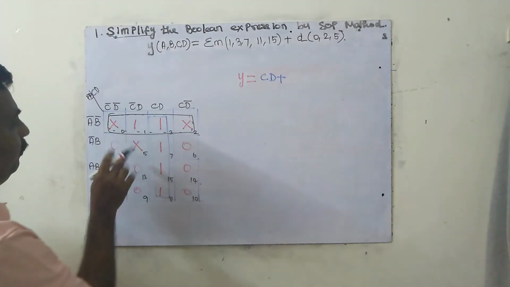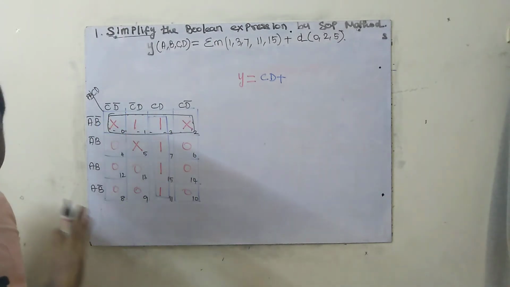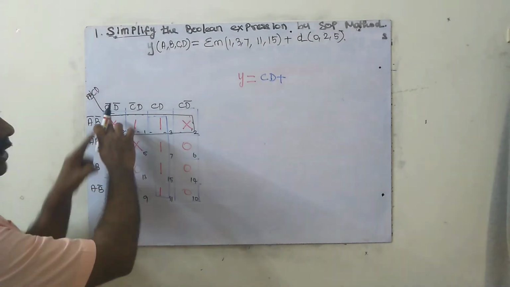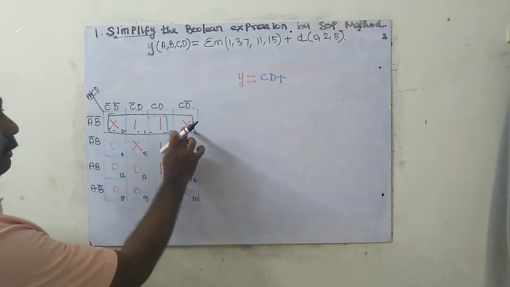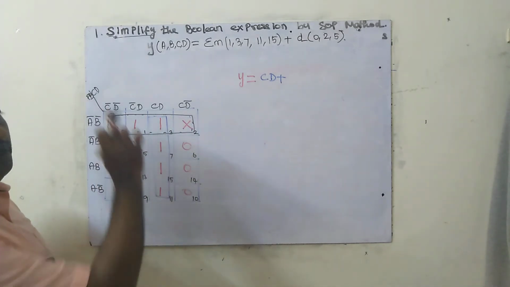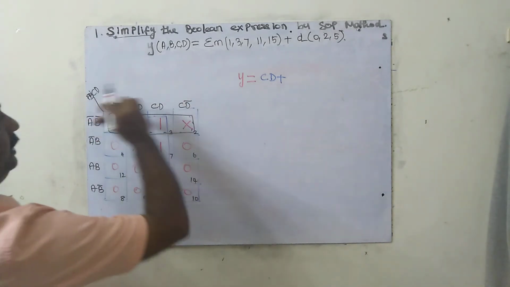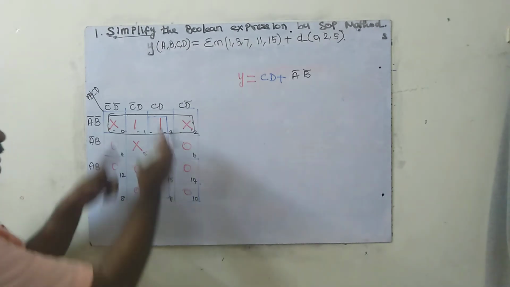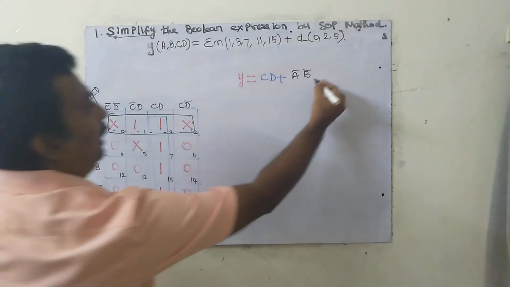Okay, which thing have I left? This X I have left. It's not necessary to box all the X, but for making a larger box I can use this X. So these 2 X's I have utilized for making a larger box. So what is the equation? If I see from here, the value is A bar, B bar. If I see from here, nothing will be common. This answer is also correct.